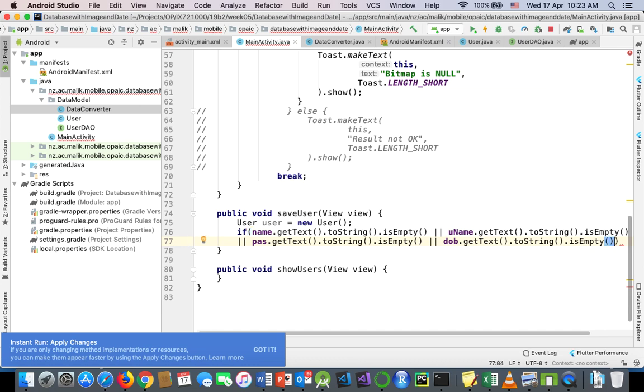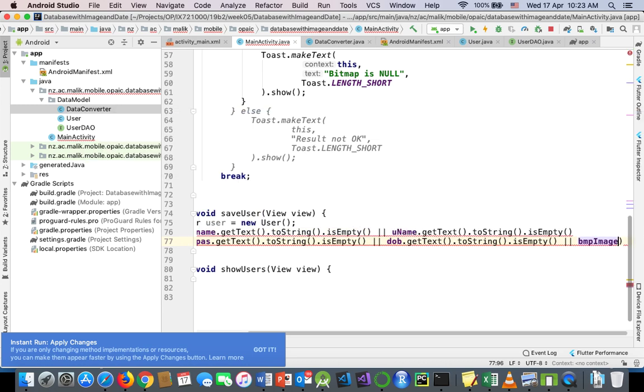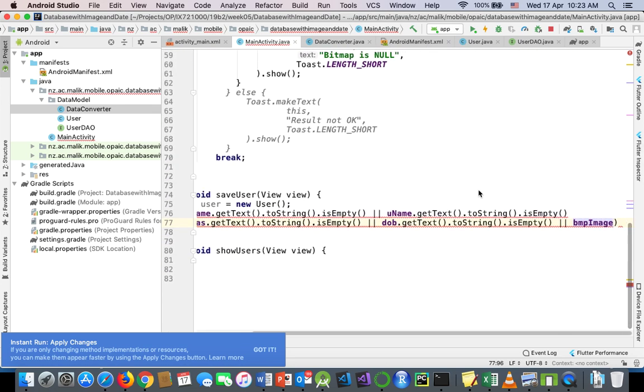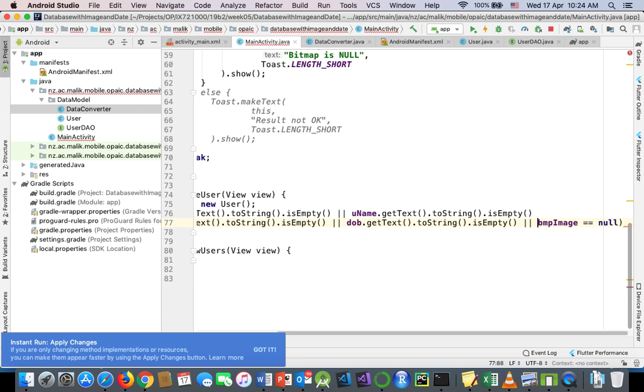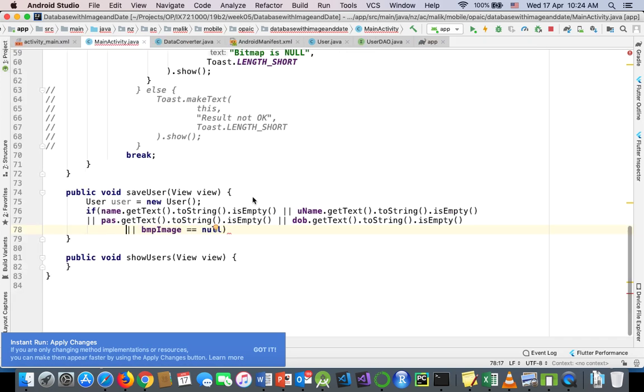If anything is empty, we can also check the BMP image. Where is that, our BMP image? Yeah, BMP image is double equal to null. Maybe I can just put it over there, or I can just try to put that one here. Okay, if this is the case,